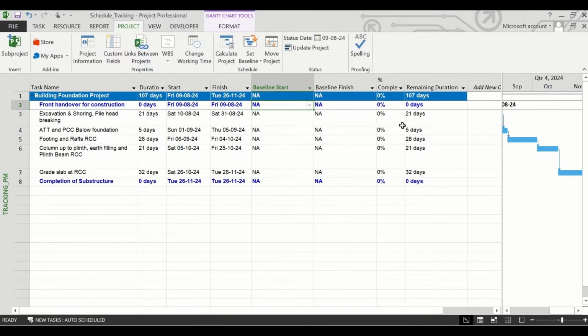finish columns, and the percentage complete is 0 because you have not given any input to MS Project till now. Remaining duration is showing same as the original duration. That is because you have not updated the progress yet. That's why MSP doesn't know what is the progress and it is calculating the remaining duration same as the original